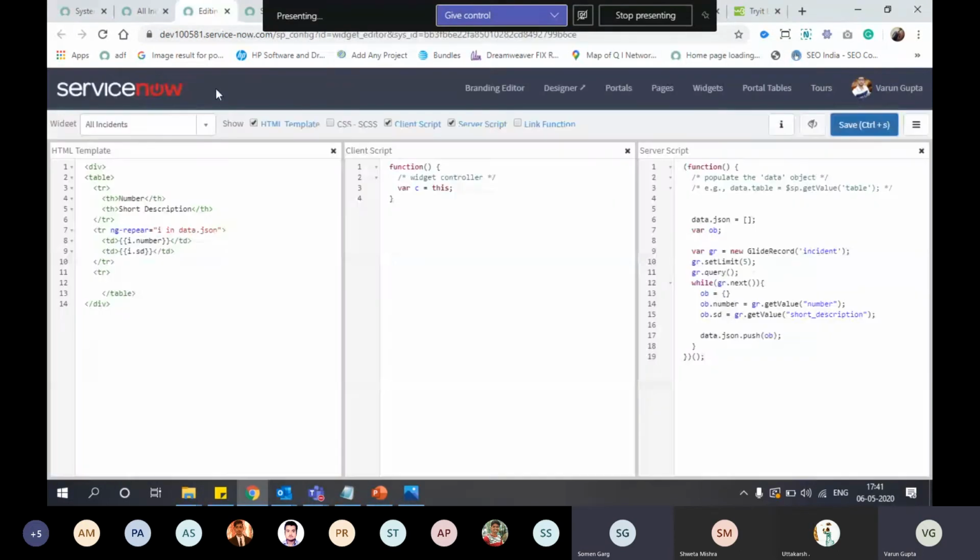Varun, I think you mistyped the spelling of the ng-repeat value. Spelling mistake. Okay.